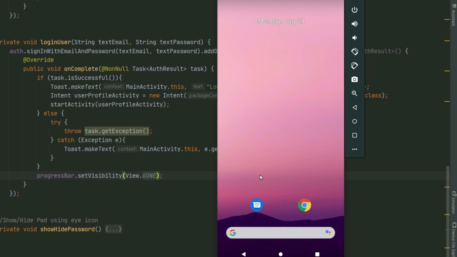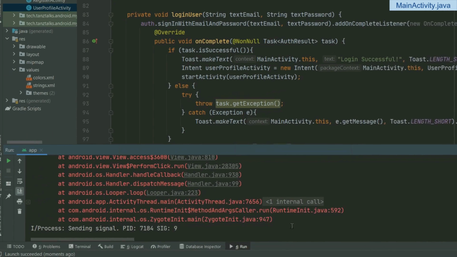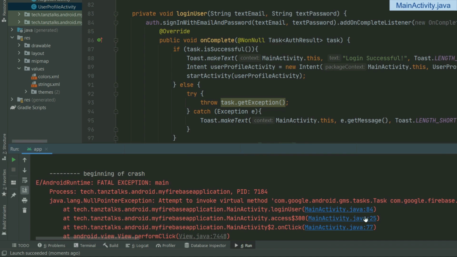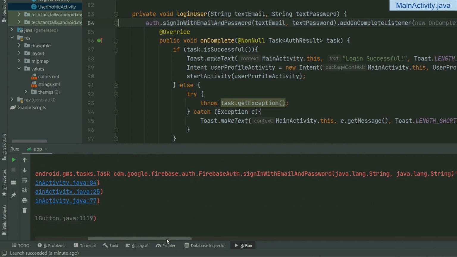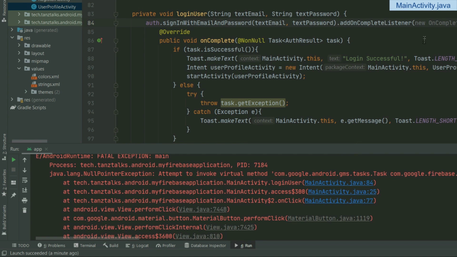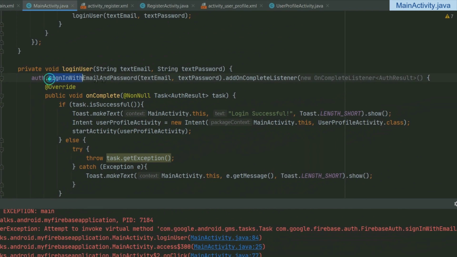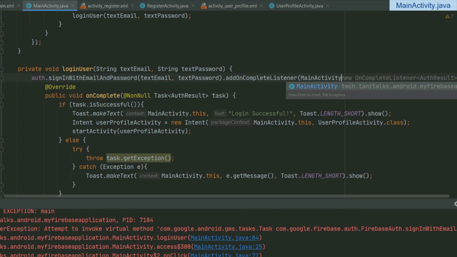Alright, the app is crashing, so I might have missed out something. Something is wrong at line 84, and line 84 is the line where we are signing in our user. Alright, I think I've got what is the problem here. Alright, before taking care of the error, under the add on complete listener, let's add the activity as main activity dot this comma,